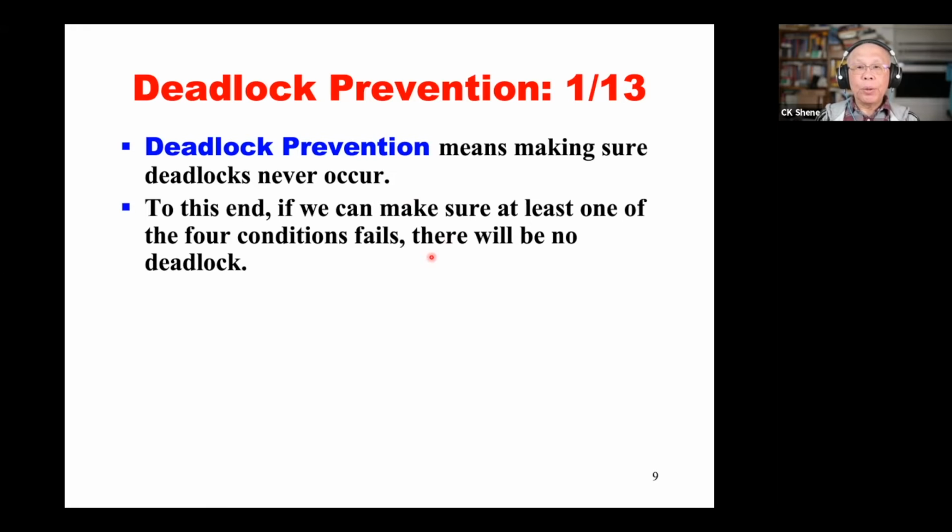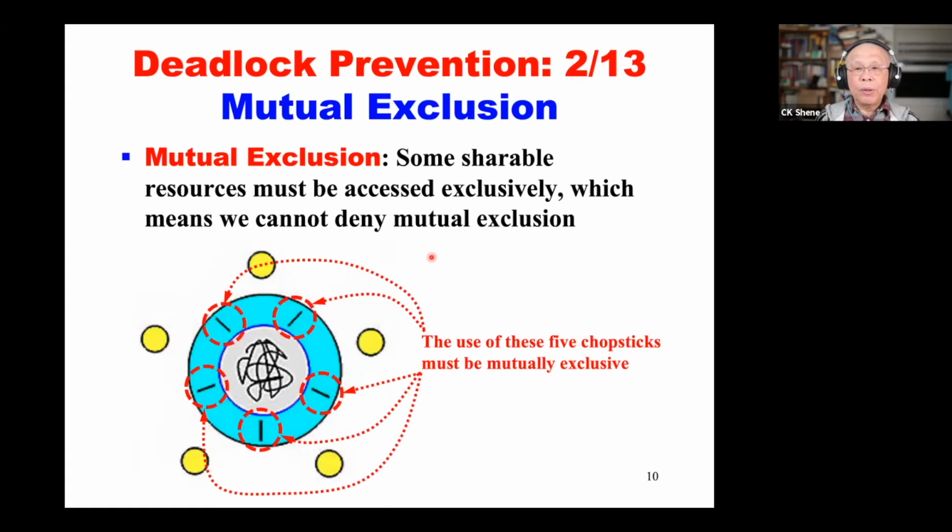We make sure one of the conditions fails. Then, according to the theorem, we won't have any deadlock. In the next few slides, we analyze each of these four conditions to see which condition can be made false. So the first one is